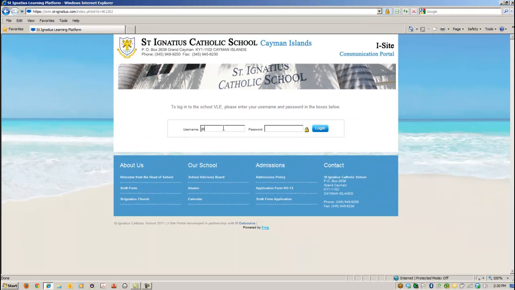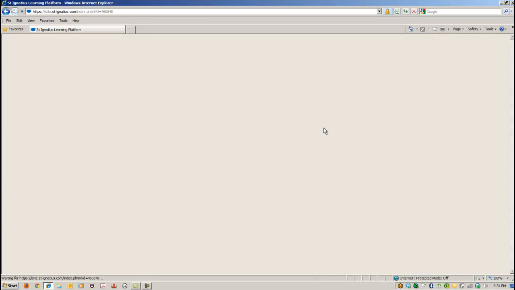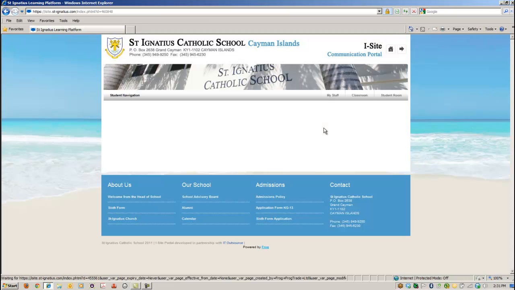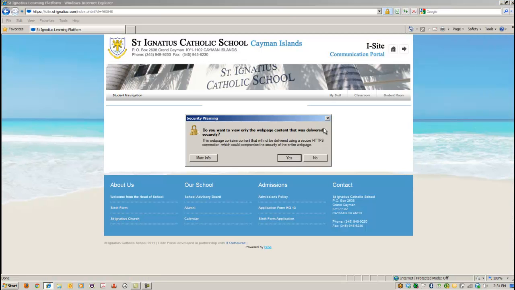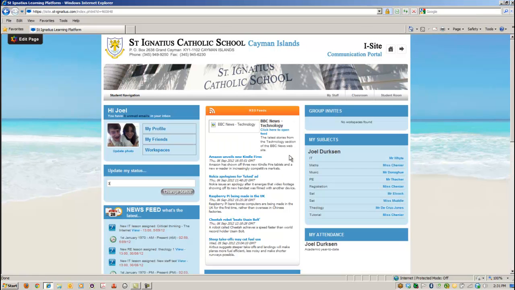I will start with the student because it seems to me intuitive sense that we look at a learning platform from the point of view of the students. It is why we're building it and it is who it is for. So what we've put together is a very simple, very intuitive dashboard which gives our students exactly what they need